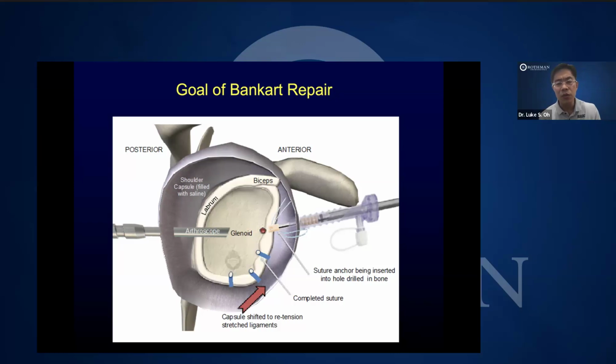So if you have a loose pouch that's been stretched out, and if you just put the labrum back, but the pouch below is stretched out, you can still have instability. Therefore, you need to retension that inferior pouch. And one of the ways to do that is if you capture the labrum and capture a little bit of the pouch and you tension it and pull it upward,